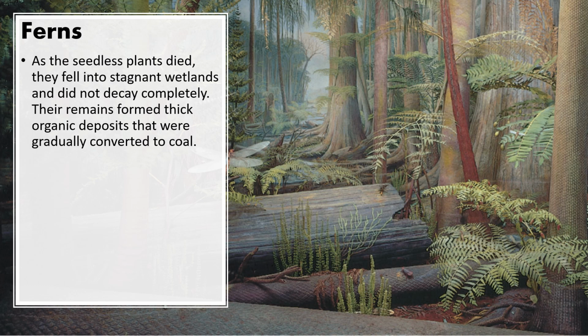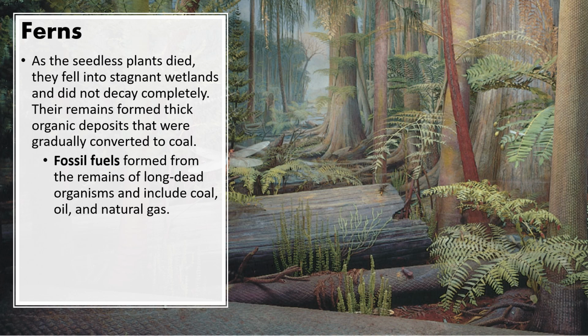When seedless vascular plants died, they fell into these stagnant wetlands, because we said it was a wet, swampy area. They did not decay completely, but they formed these very thick organic deposits that were gradually converted to coal. If they had enough sediment on top of them, we then have this conversion to coal. They then turn into fossil fuels. So fossil fuels that we use to power our cars and things are from the fossilized bodies of dead ancient plants and animals. Okay, so fossil fuels are formed from the remains of long dead organisms, and this includes coal,